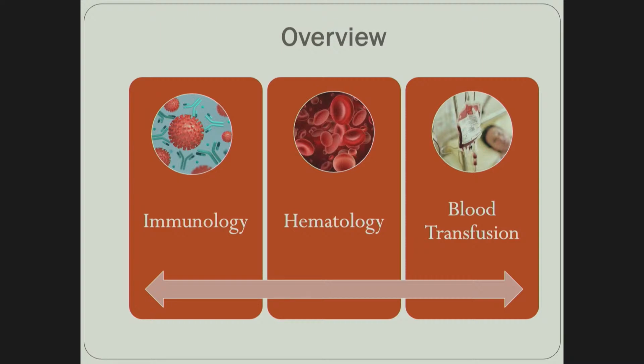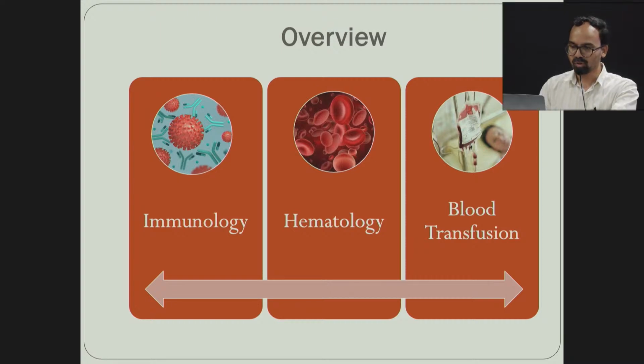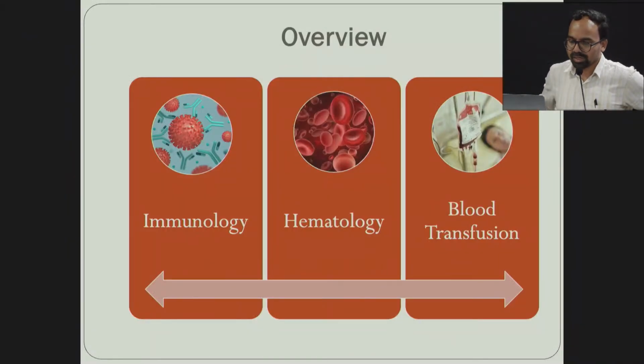So I'll be presenting my slides in this order: immunology, hematology, and blood transfusion. Clubbing them becomes immunohematology, IHBT, which is another synonym for transfusion medicine. Ideally, when a patient with hemolytic anemia appears, the first thing they do is the reverse order. They start with the blood transfusion, try hard but fail, and then they look for other parameters, and then